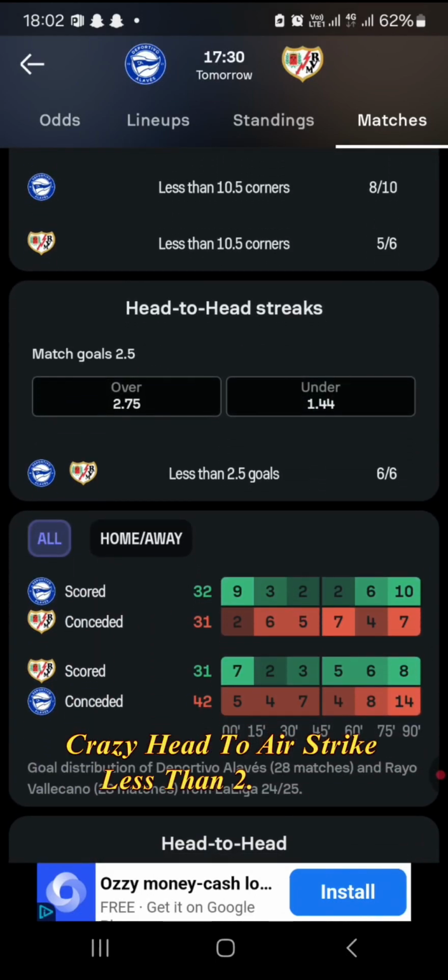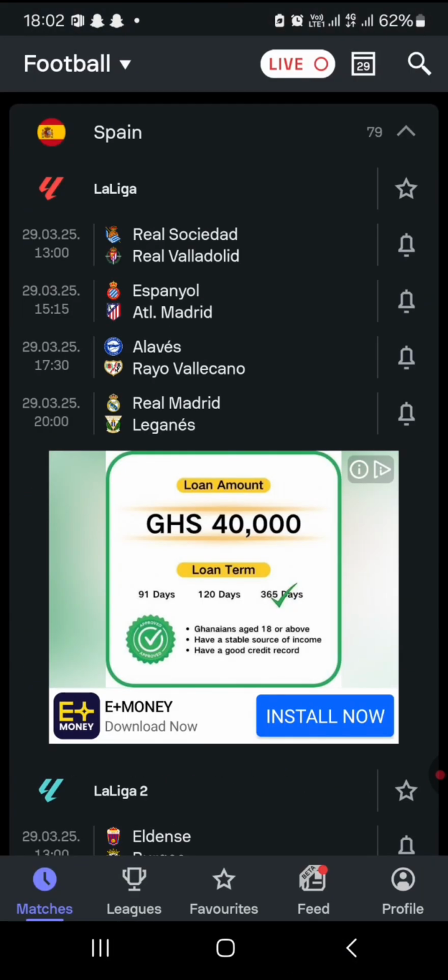Streak less than 2.5 goals. Less than 2.5 goals. Rayo Vallecano, Alaves,